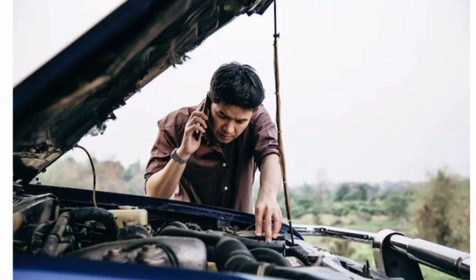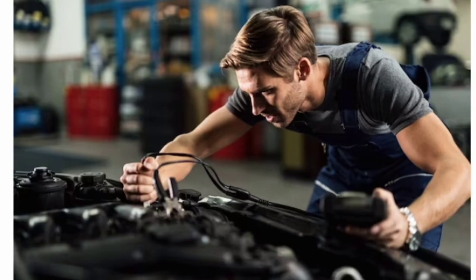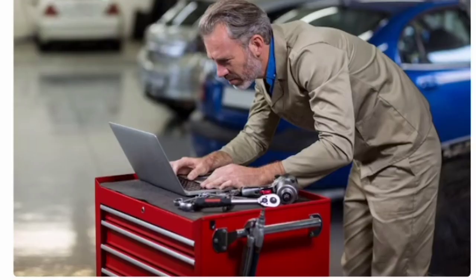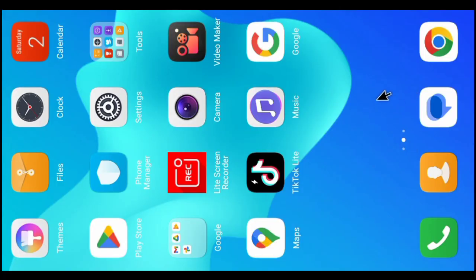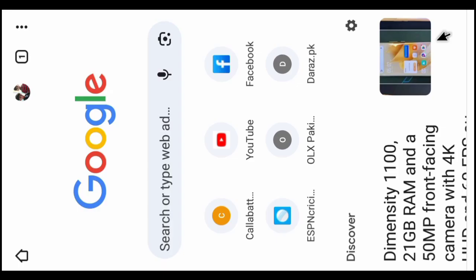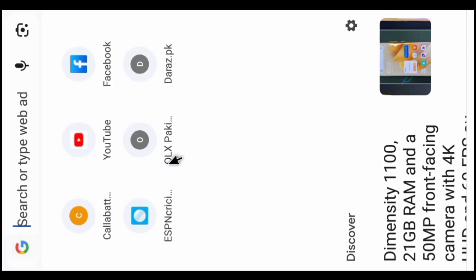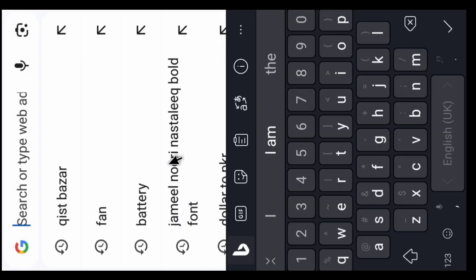In this video, I will tell you how to get an online appointment for battery replacement of cars, bikes and any type of batteries. It is a very easy and simple procedure. First of all, open any internet browser on your mobile. When the internet browser is open, click on the browser search bar and type here